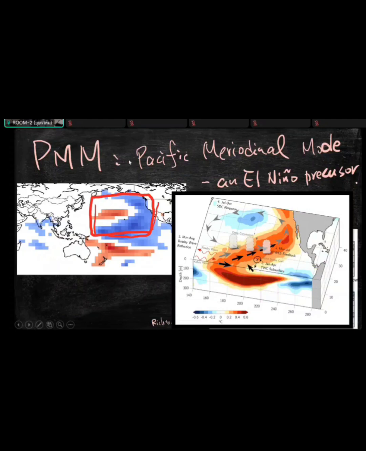I think 10 years ago, the PMM pattern started to gain traction because they realized that PMM used to be considered a precursor, a leading pattern of ENSO, only that. But then people started to understand that no matter what you do, the PMM pattern is always present. It means it has some sort of modulation power, okay? So they created an educational website dedicated to this PMM pattern. You can see this pattern. The two of them are very alike. And then you can see from the cross-section in the tropics that there is some ENSO dynamics embedded there as well.